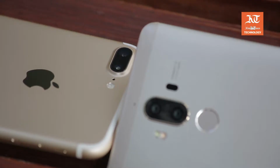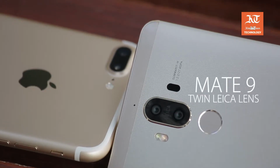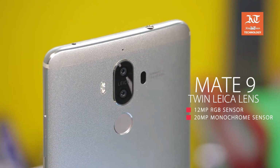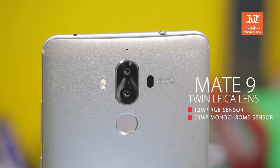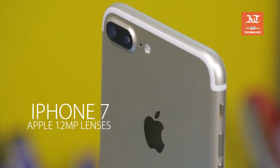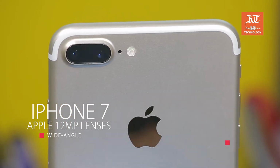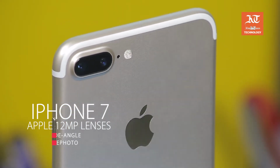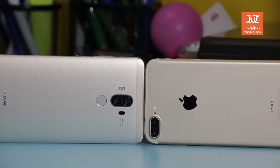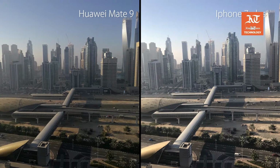Both phones come with impressive dual-camera systems, the Mate 9 sporting a twin Leica lens, holding a 12-megapixel RGB sensor and a 20-megapixel monochrome sensor with a full-feature photography interface, while the iPhone 7 Plus holds two standard but great Apple 12-megapixel lenses, one wide-angle and one telephoto, with its simple shooting interface. Both phones turn out excellent, crisp photographs and videos,